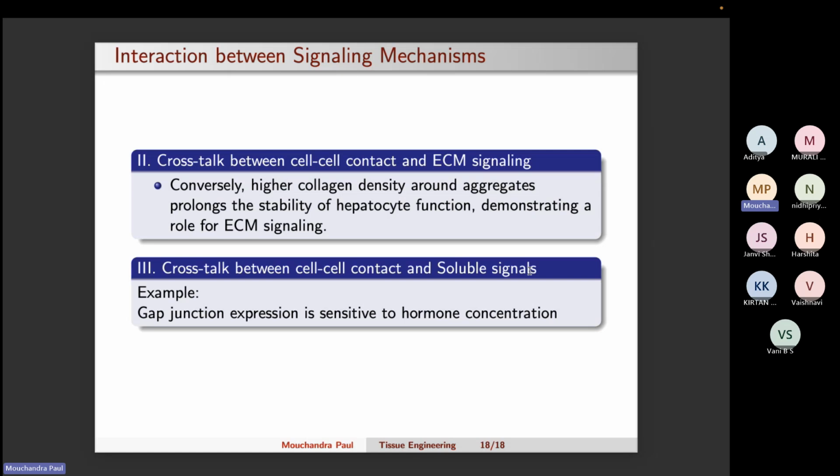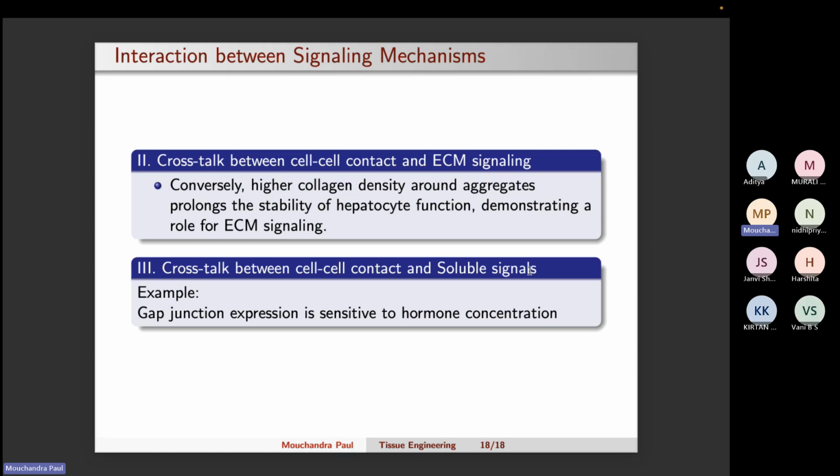This kind of knowledge is very important when you are dealing with this type of cells, bringing these cells into an artificial tissue structure, and trying to understand what factors influence the function of that tissue. So that's it for today's class, and we have also finished a very big chapter. From next class onwards, we will discuss cell culture techniques,